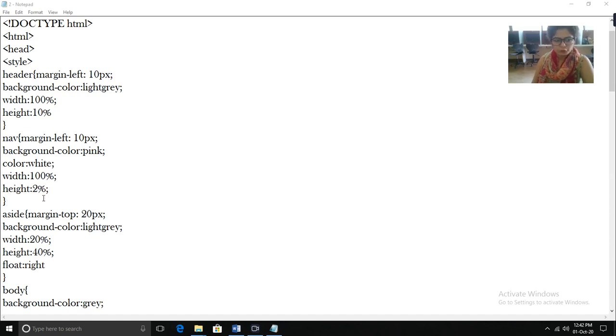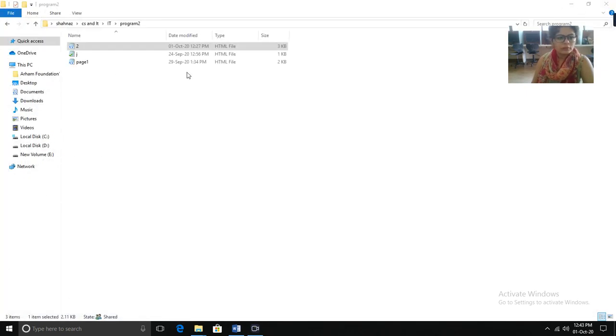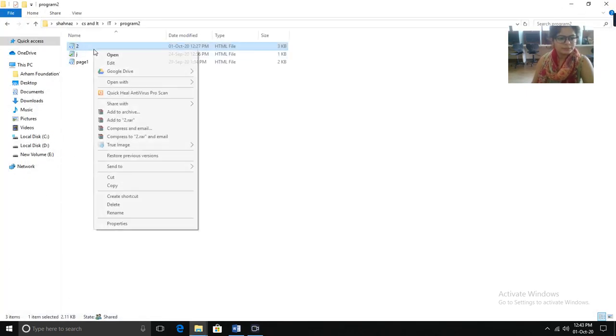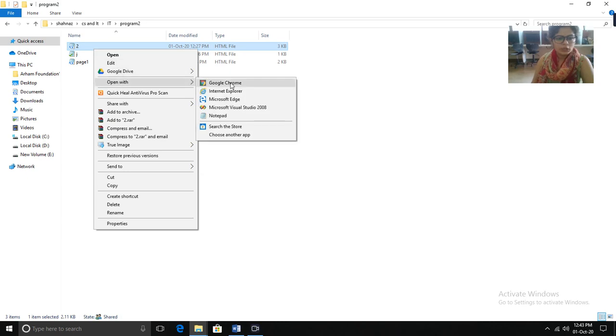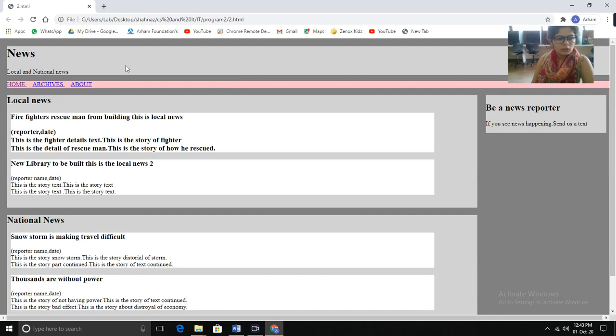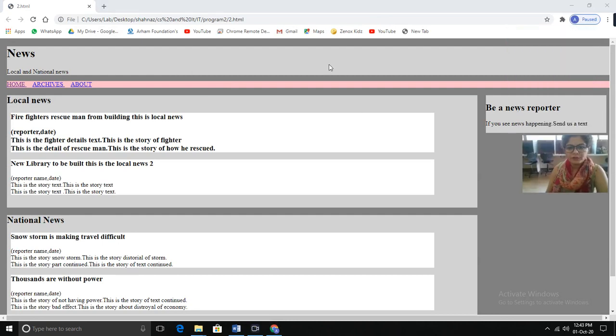Now I want to show you what will be the output of these two tags only, header tag and navigational tag, so that it will be easier for you to understand. So let's check the output. See, this is the header part. So we have provided the width as 100%.